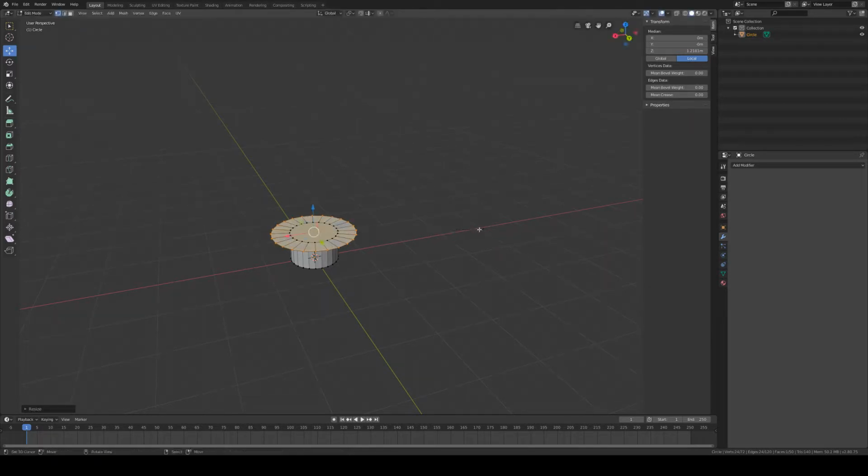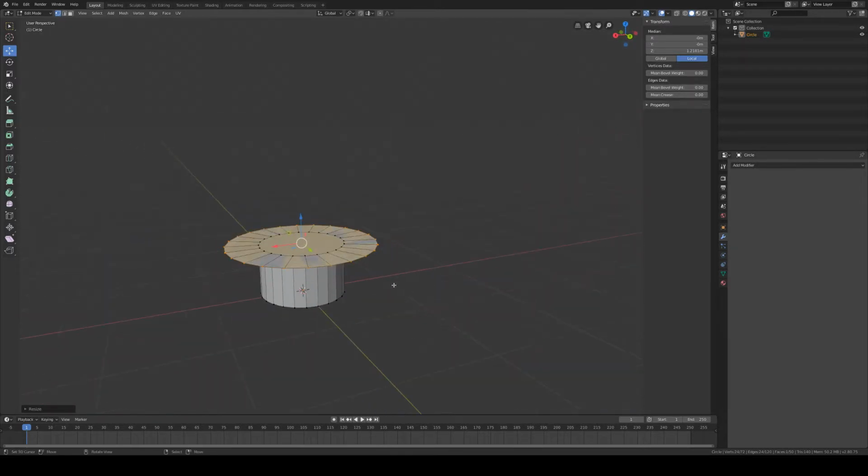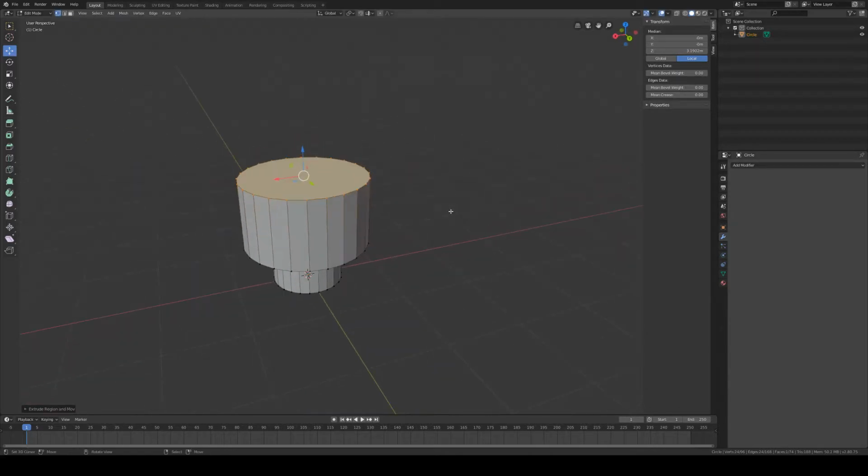So we scaled this, and you can see there's some clipping issues going on with this because we have two faces sitting right on top of each other. Once we extrude this, that no longer happens. That face has just been extruded out further, so it's no longer sitting on top of the other. So we're going to bring this up a little bit. We're going to press S, scale this in, E again, right click, press S to scale it out, click,